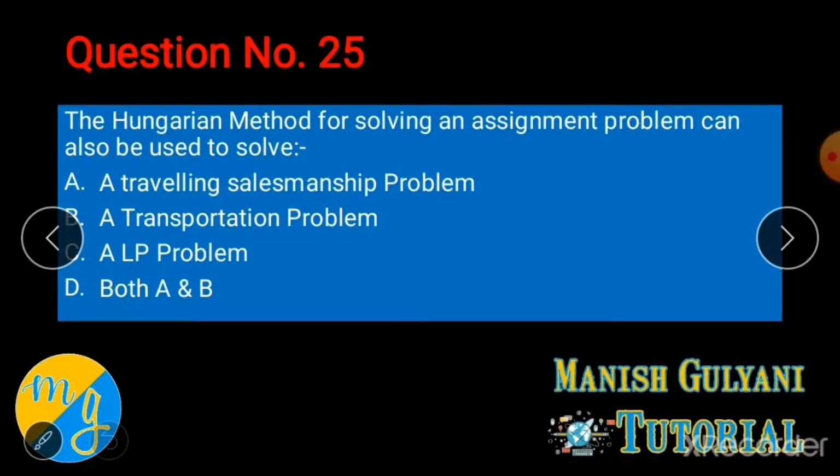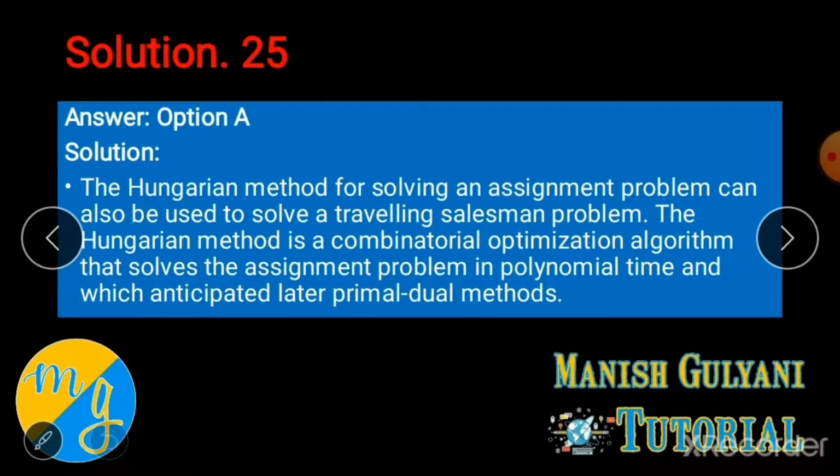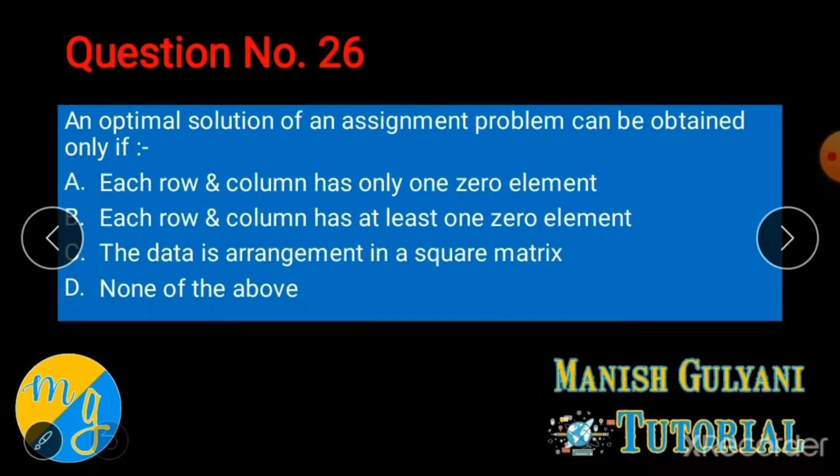So the traveling salesman problem is a part of the assignment problem, neither a transportation problem nor an LP problem. It itself is a separate chapter of operations research. So the correct answer is option A, traveling salesman problem. The Hungarian method of solving an assignment problem can also be used to solve a traveling salesman problem. Clear? Now question number 26. An optimal solution of an assignment problem can be obtained only if...